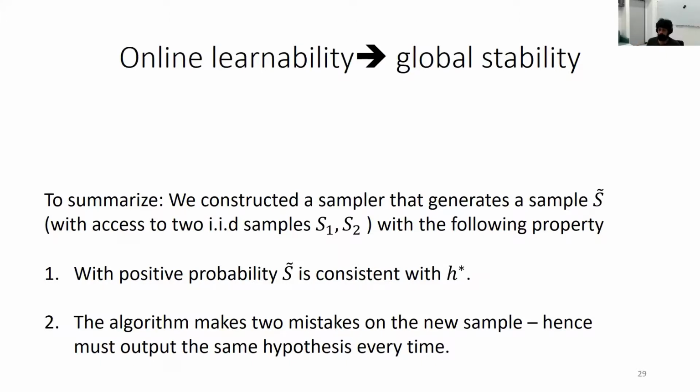And now you can guess what happens if you have a mistake bound of 3 and 4. Either the algorithm is stabilized or you just keep on finding points that it will be wrong on, and then you make another mistake until you reach the mistake bound. So this is. Thanks, Roy.